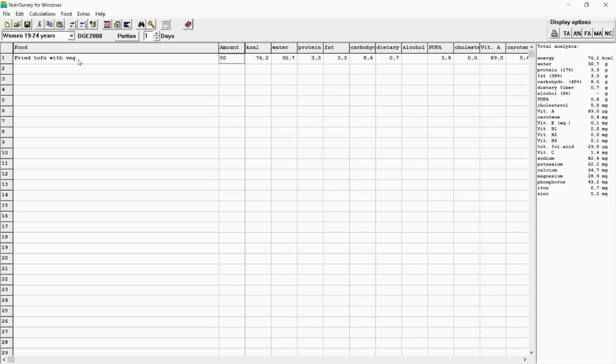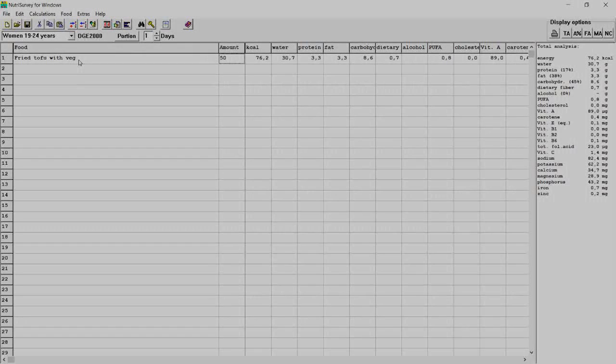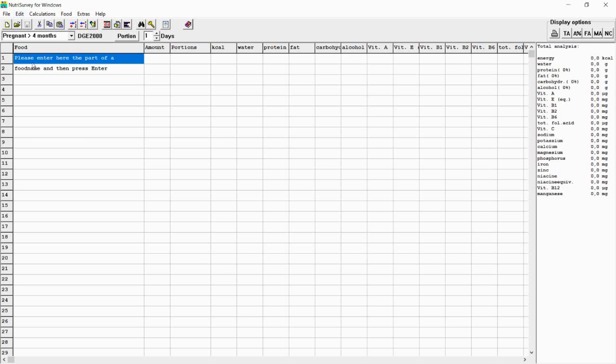Then we just enter 50. So we don't need to detail the ingredients of fried tofu again. We can just use the standard recipe that we already included in NutriSurvey. So that's the step on how to create a recipe in NutriSurvey.